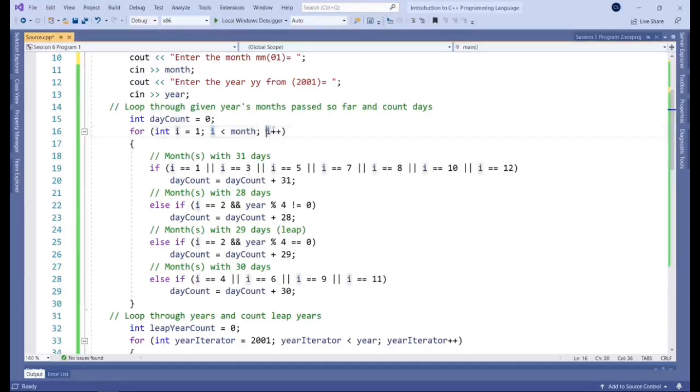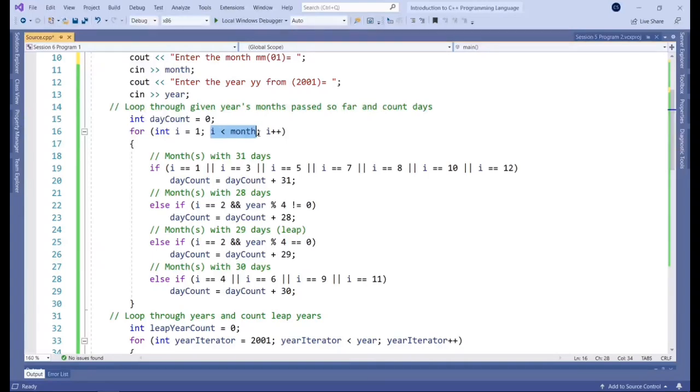And then we specify how we're going to modify that value that we're using to keep track of the loop. Because if we don't specify this, i will never change unless we explicitly change it within the body of the for loop. So this is going to happen automatically, because otherwise, if we did not increase i, it would stay at 1 and it would never reach that end condition and it would keep on looping forever. And we don't want a never-ending loop in this scenario.